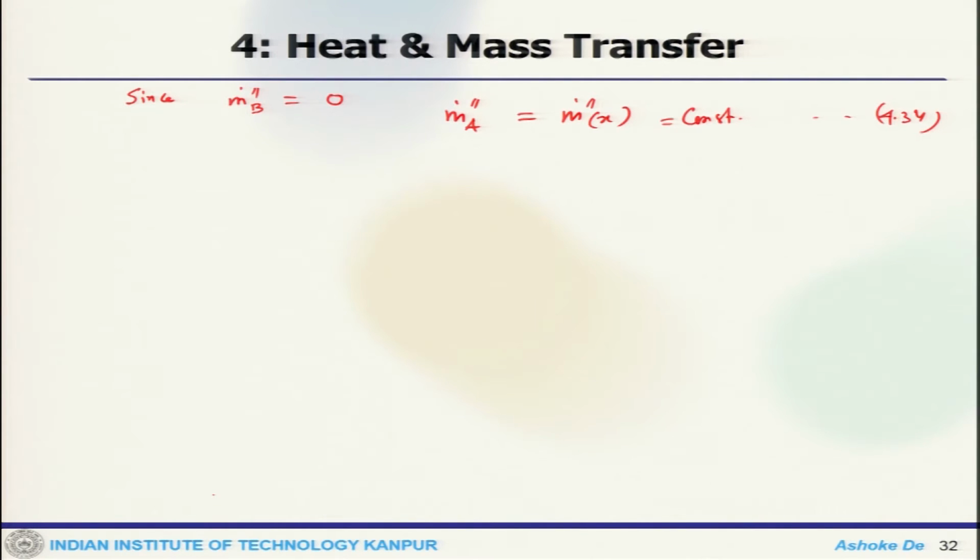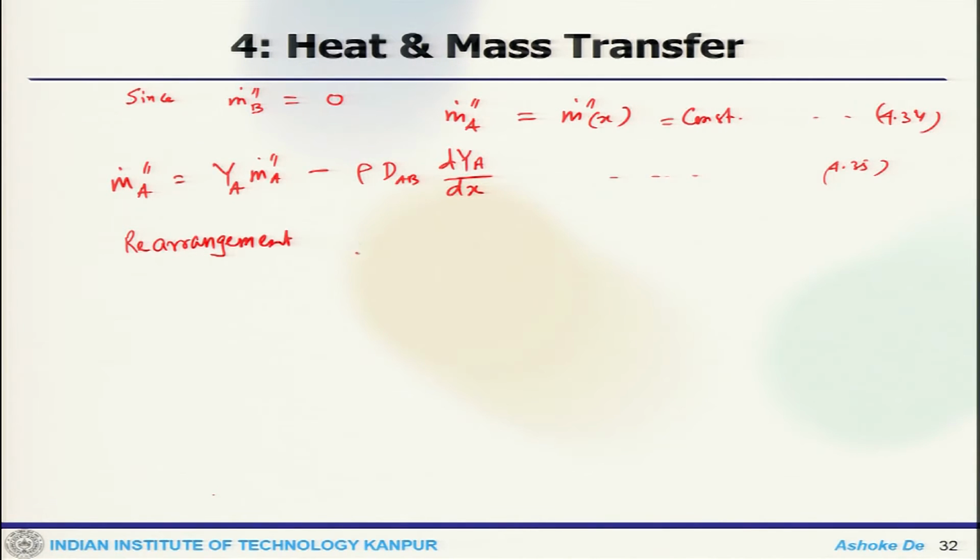Now, we have already seen that m dot A is y A m dot A minus rho D A B d y A d x. This is already established. Now, if you rearrange these two and separate the variables,